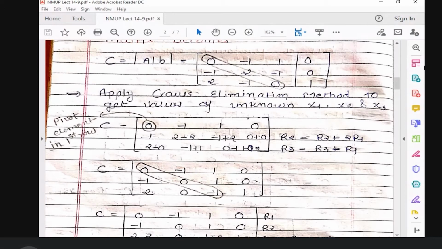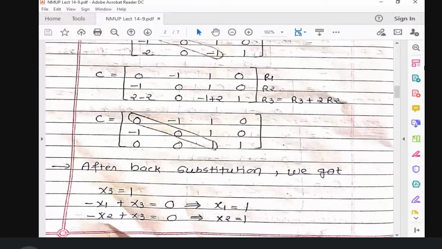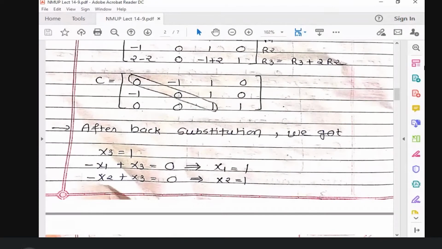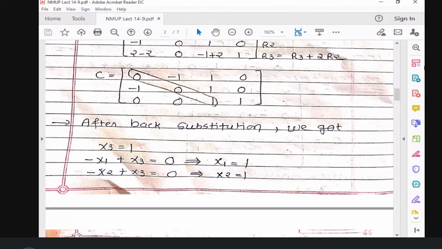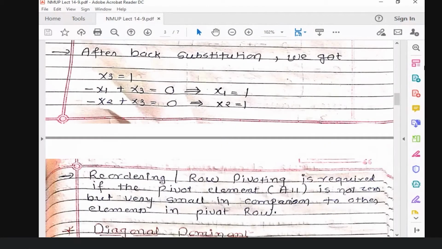Whatever values we get for x1, x2 and x3 are not accurate, just approximate values, right? And we have to perform another round of operation. Right now, what we are doing? We are doing all this calculation in a theoretical way, and that's why it is very easy to make this calculation.